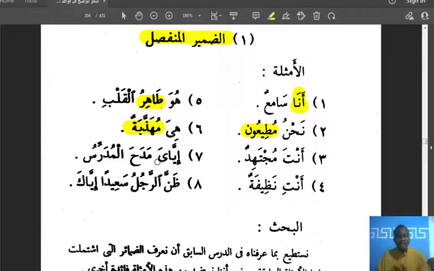Iyaya madahal mudarrisu. It is me, iyaya. It is me that the teacher praised. Madaha, to praise. So you can say madahal mudarrisu iyaya. You can put the maf'ul bihi at the end like that. Madahal mudarrisu iyaya. But then when we bring iyaya in front, whenever you see maf'ul bihi coming before the